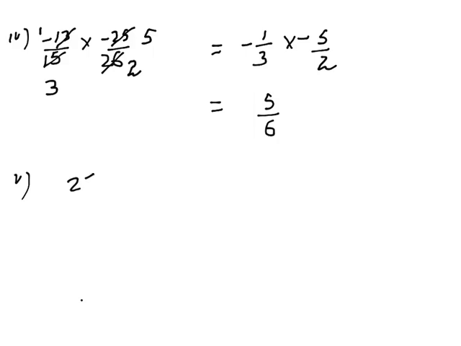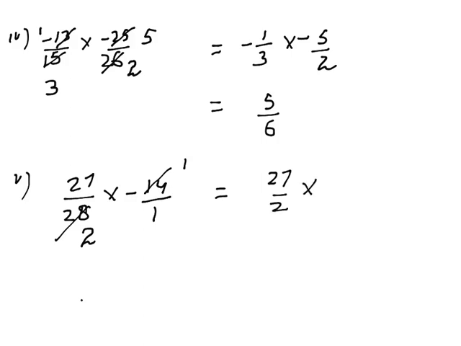Next example, we have 27 by 28 and we are multiplying it with negative 40. Here we have a whole number, we have nothing in the denominator, so it will carry 1. So we have 1 in the denominator over here. Now we change to the simplest form. We will get 1 over here and 2. 14 times 2 is 28. So now we have 27 by 2. We are multiplying it with negative 1 by 1. So our final answer will be negative 27 by 2. As one is positive and one is negative, we keep the minus sign. So the final answer is negative 27 by 2.